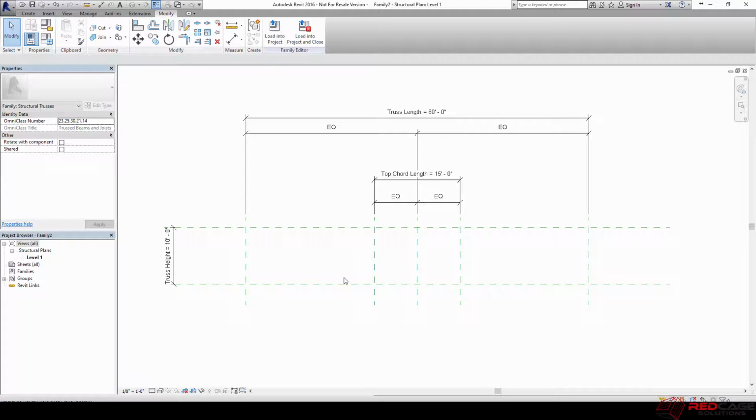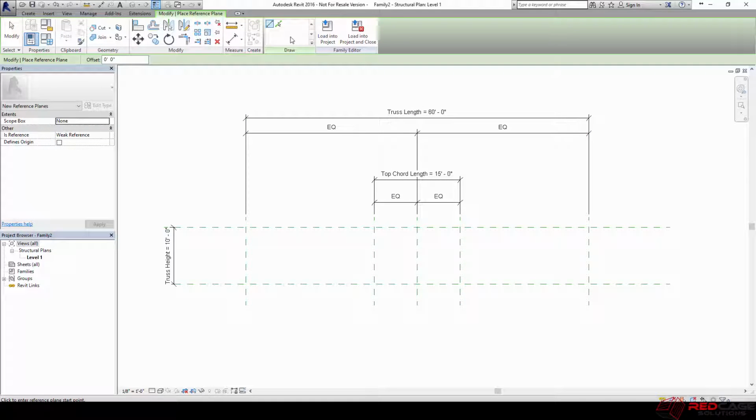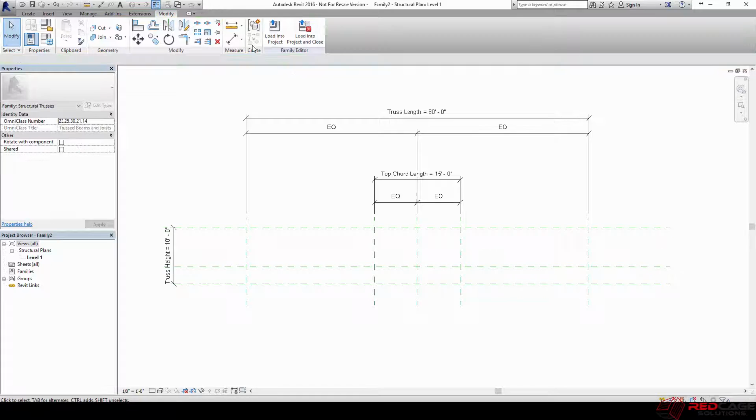I do want to put that step though from the center, so I'm going to put in another reference plane and put that parameter in right away. So again, I'm using the pick lines option. This time I'm just going to use a 3-foot offset, and I'll put that plane in, and now I'll dimension this one. I'll call this one,